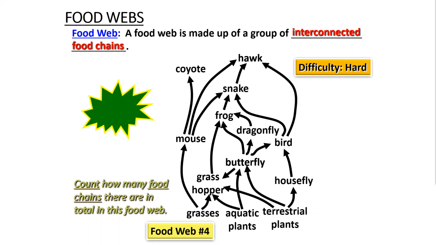All right, so let's take a look. How many did you get? As we start to move through this, we see 1,